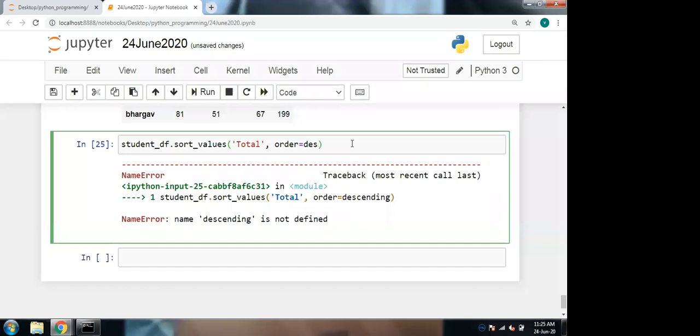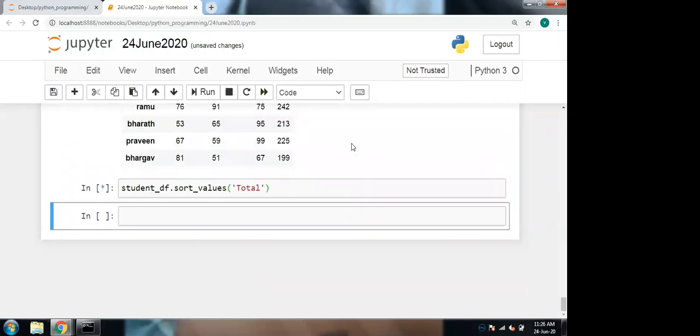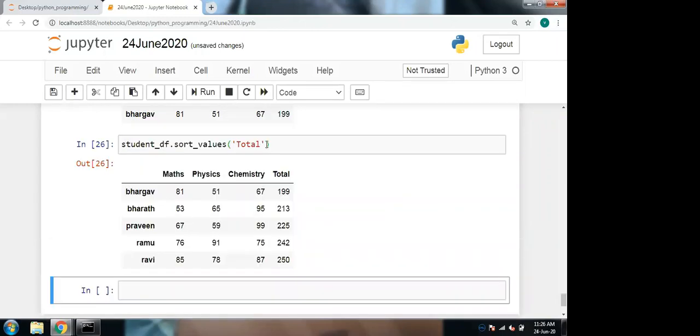I think there are parameters, some of the parameters, not order. Parameter is not the order. So I think by default we are getting the parameter in ascending order, right? Small to big, we are getting. I think there will be a parameter like ascending equal to true. So if we set ascending equal to false, then we will get it in descending order. Okay. We set ascending equal to false.